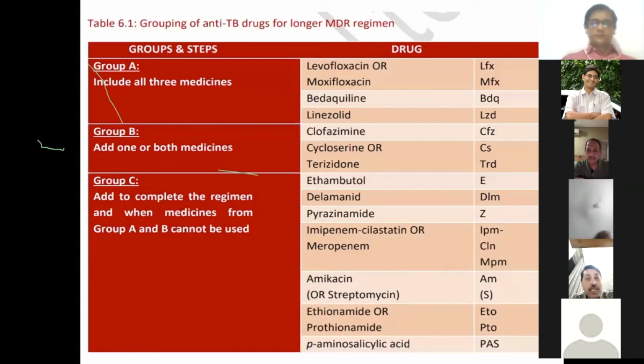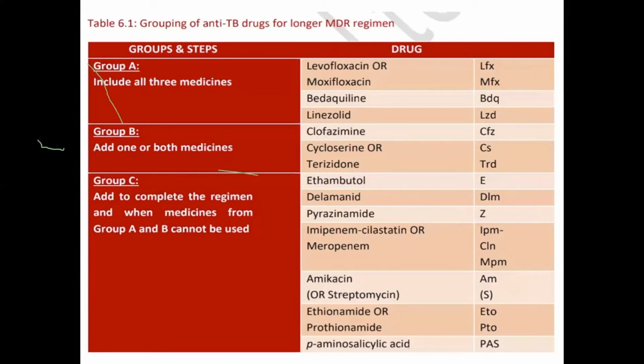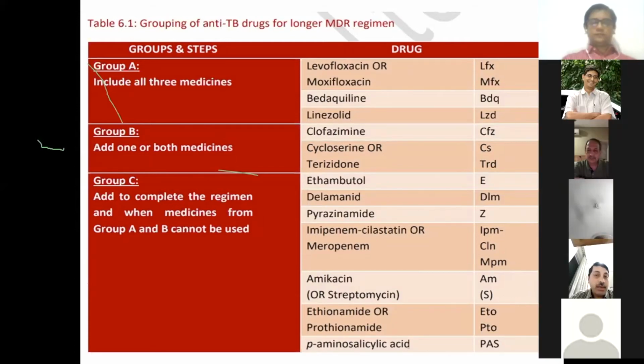So bedaquiline is available only on special request, and Johnson and Johnson is supporting this drug to the Indian government. Second thing, when you are talking about the short course MDR regimen, whenever you have a patient whose gene expert shows rifampicin resistance, the first thing you have to do is send the sputum sample for TB culture, because even if gene expert is the gold standard nowadays, the culture has not been replaced by gene expert. So whenever possible, first send the sample for TB culture, and many times you have to modify the regimen based upon your culture report and sensitivity.